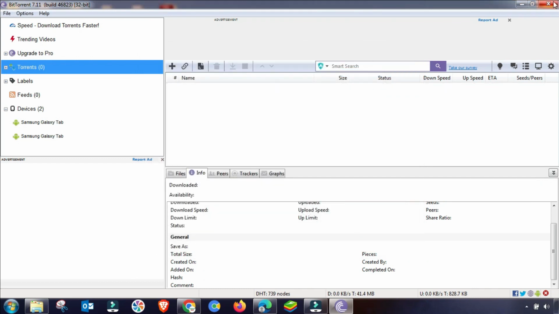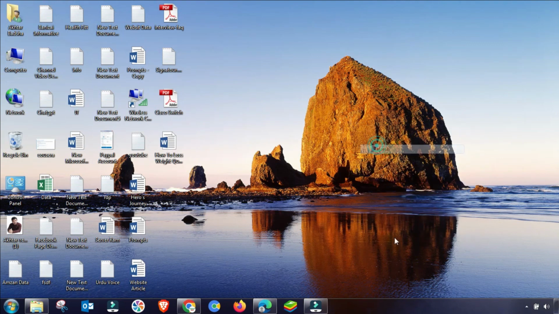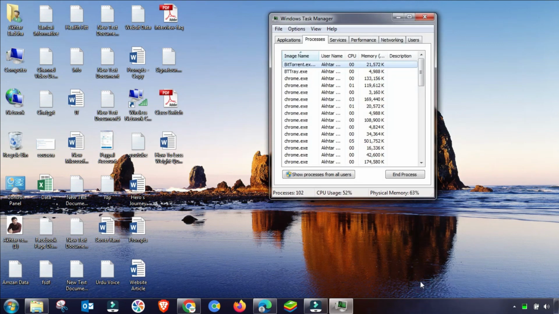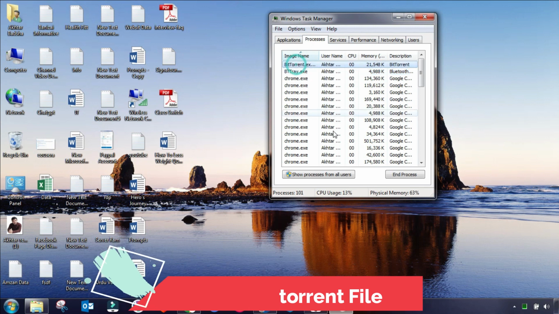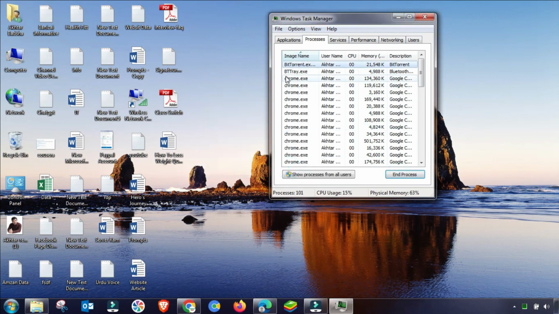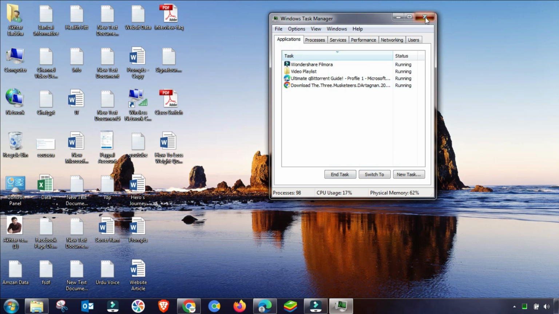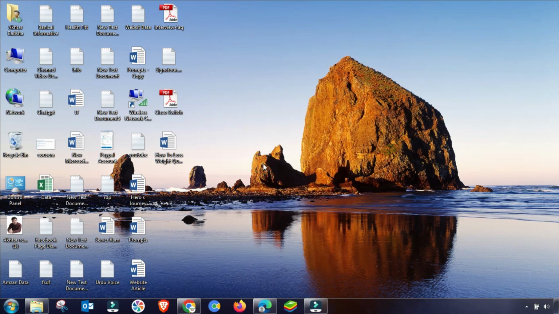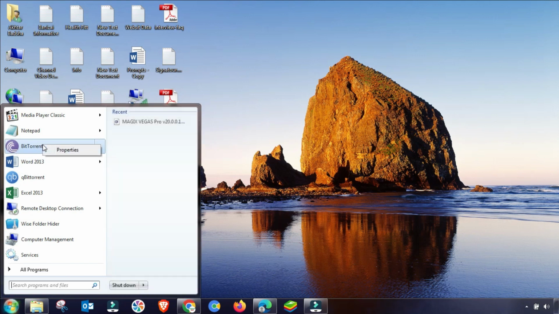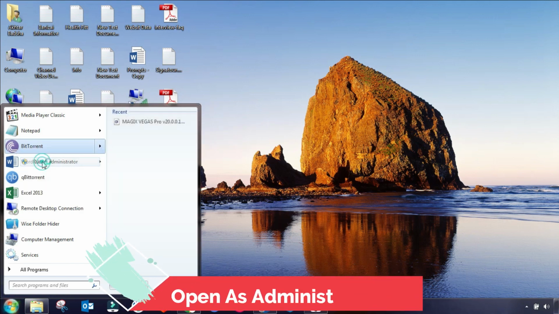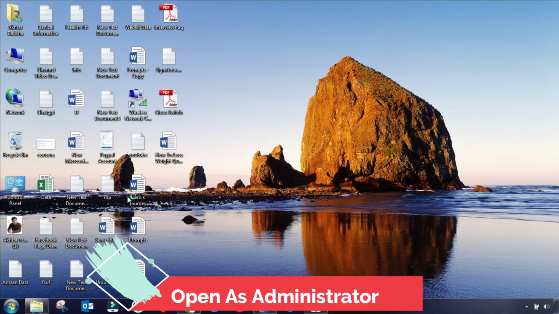After you have made all of these settings, you have to close all your open files of BitTorrent or qBittorrent or any other torrenting software. From here you have to end task all of these to apply the changes that I have made. Apply, okay, refresh, and then we open it as run as administrator. यहाँ से आप दोबारा इसको रन एज एडमिनिस्ट्रेटर ओपन करेंगे और ओपन करने के बाद